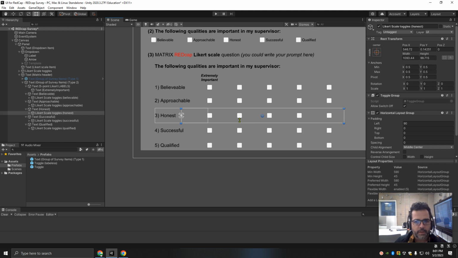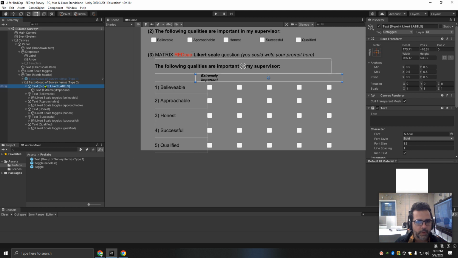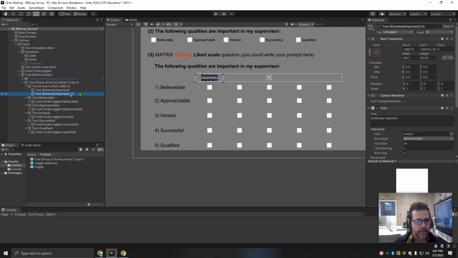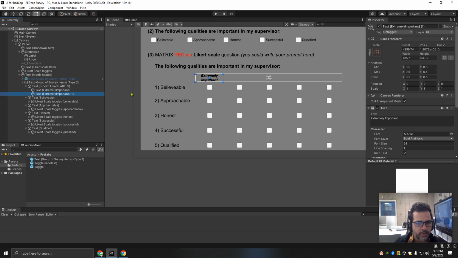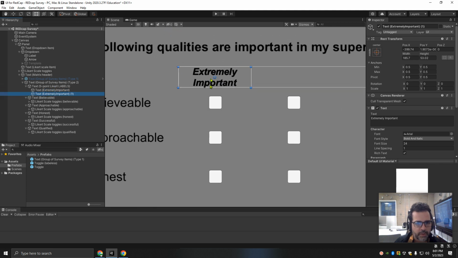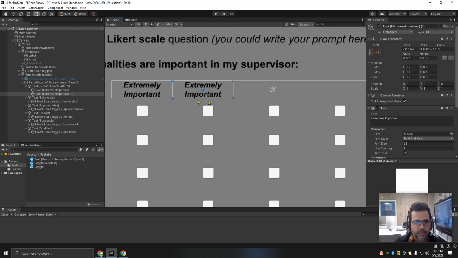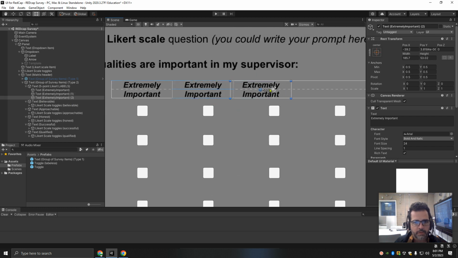All right, I prepared everything here. Now I'm going to continue in my label here. Extremely important, duplicate. So I don't have a horizontal layout element here. So when I duplicate, it kind of puts on top of the other. I'm going to undo, duplicate. It gets darker. So I just need to do this myself. Here it's not that big a deal. So